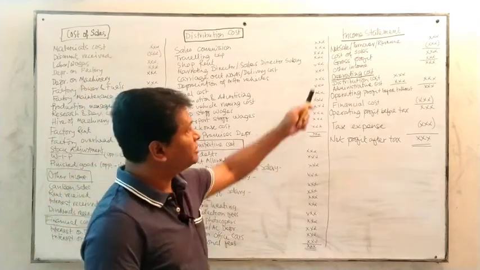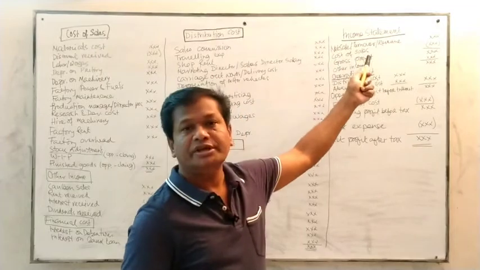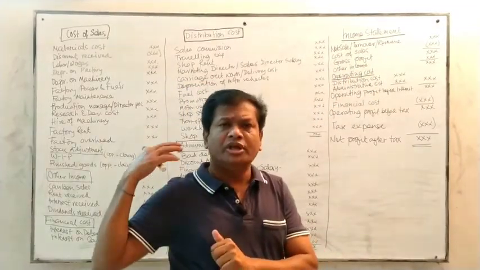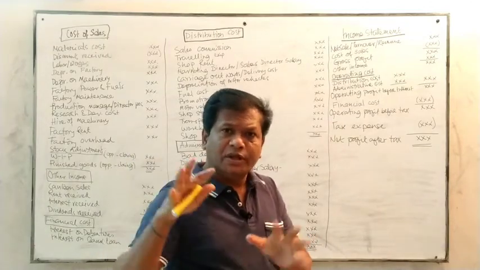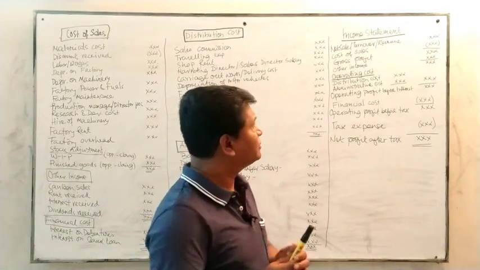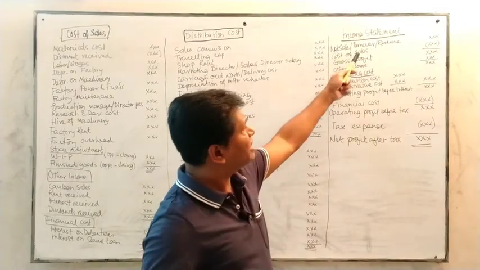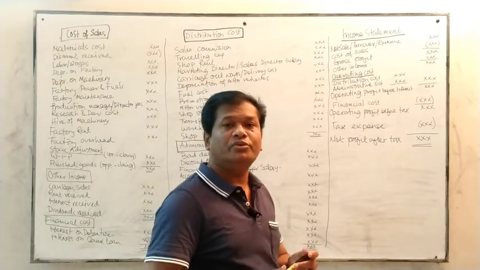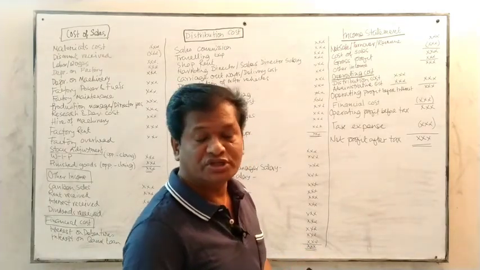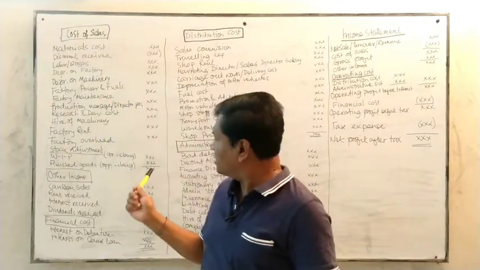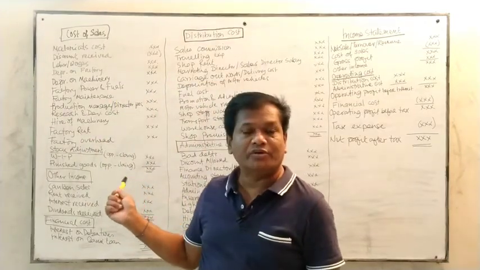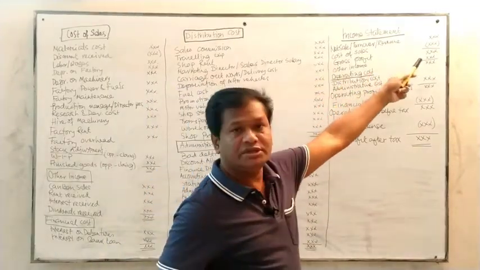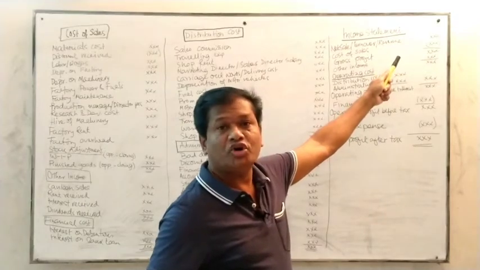Here the income statement is given, the income statement for the year ended. The figure you have already calculated in the annexure is to come over here. You see here the net sales, turnover or revenue. First of all you write this, and from that figure you subtract the cost of sales, which is calculated over here. The total figure is to be written as cost of sales. This is to be separated from the sales or revenue.